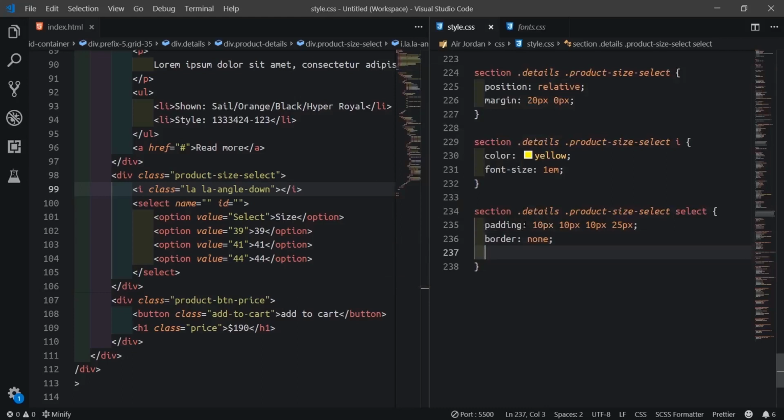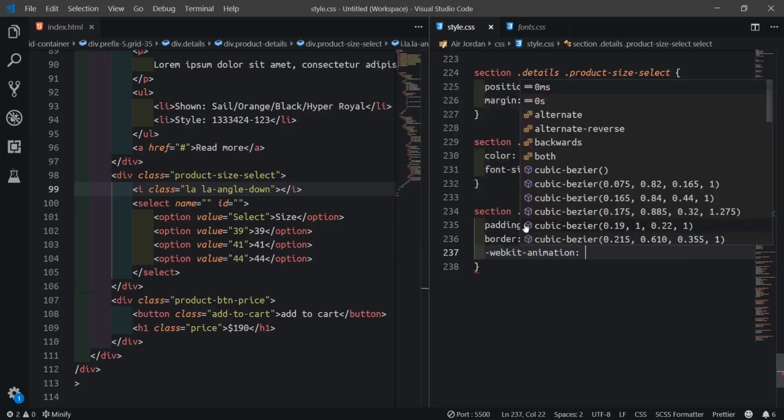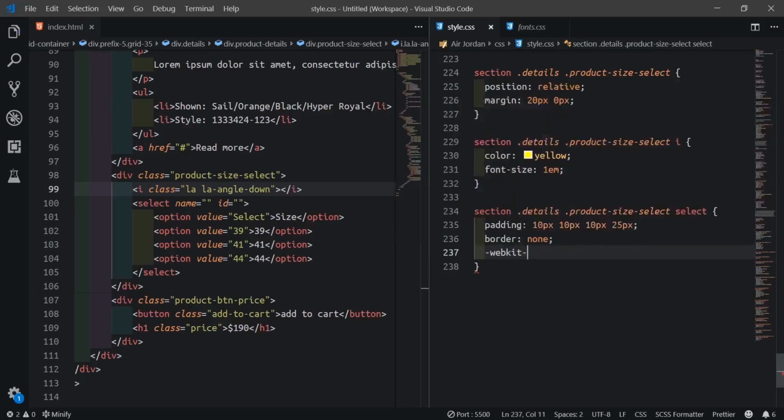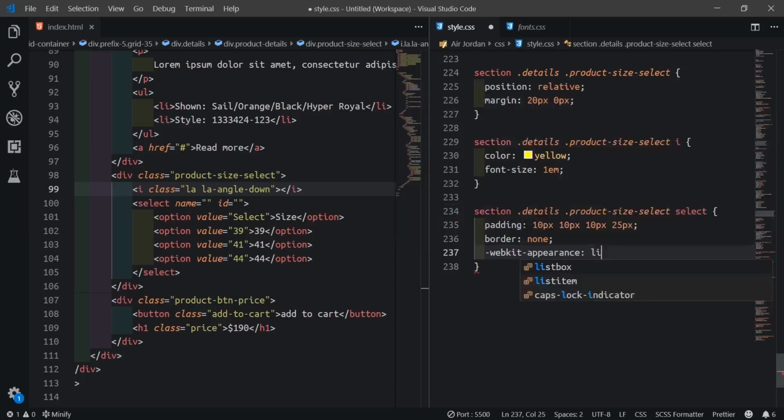and we'll write WebKit appearance, list box.